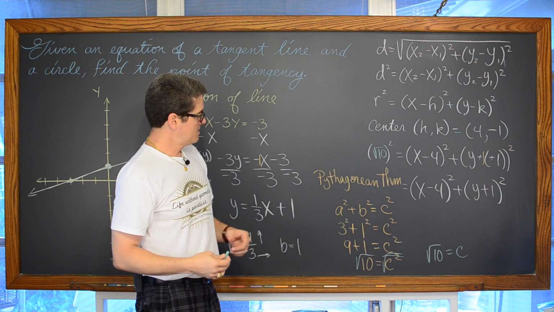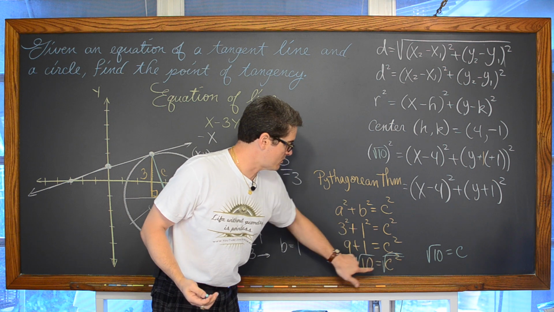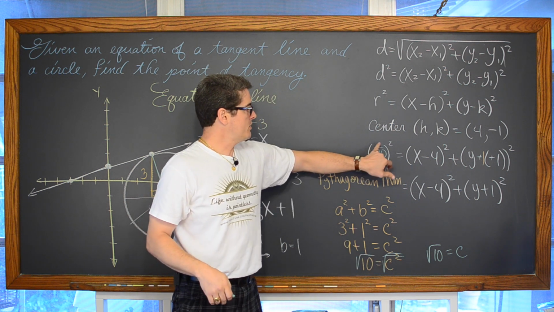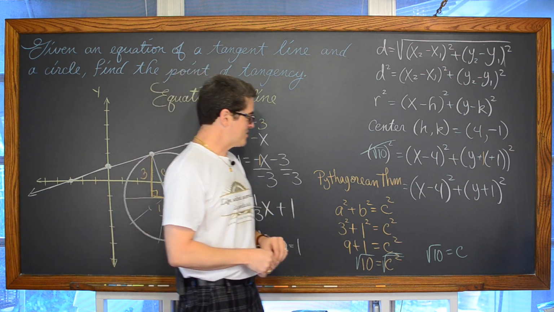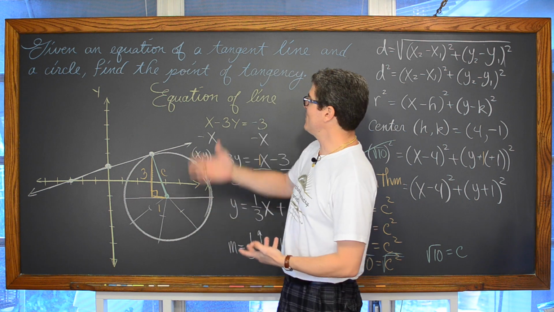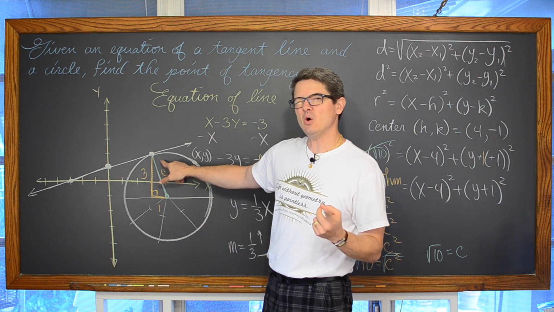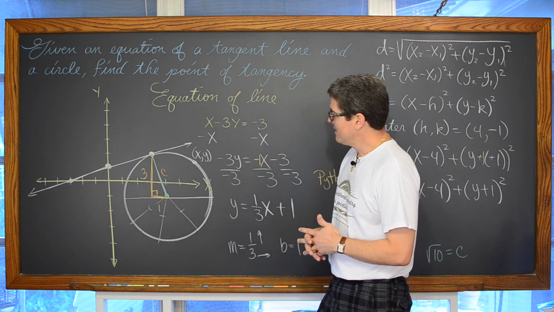But see, it was r squared. Basically, it was c squared, and we knew what c squared was here. It was 10. Square rooting and squaring, those are inverse math operations. So the equation, now we're done setting up our example that I'm now going to help teach you how to find the point of tangency, even though we already know it. It's (3, 2), but of course normally you would not.